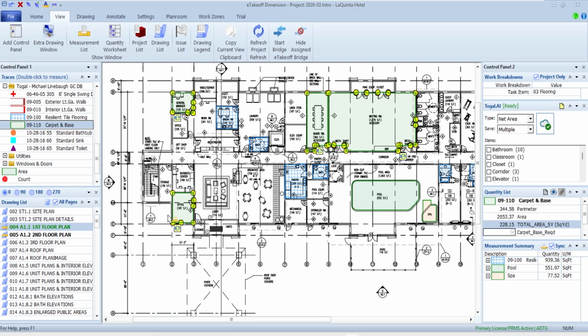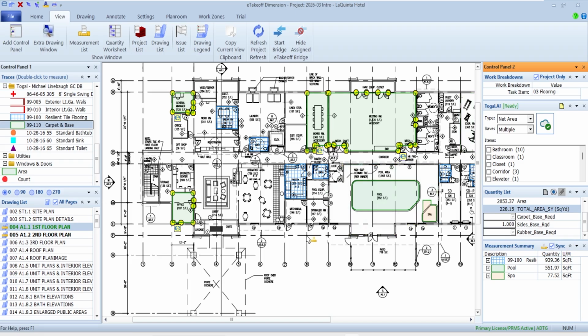So there again, not having to sit there and pick areas and jog around the corners and things of that nature, very quickly I just basically click on whatever rooms are going to be appropriate for the flooring material I'm doing. I'm going to just leave it at 03 for flooring since these are just individual items. I'm going to come down here and tell it there again, I only need one side of the wall for my floor base and so forth. And I'm going to say that's good for that side.